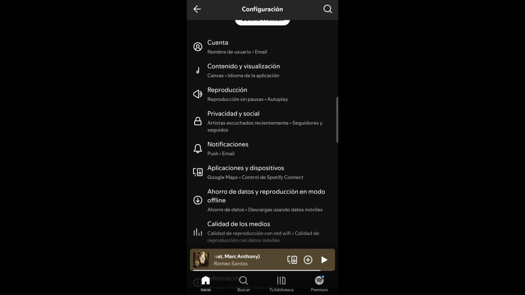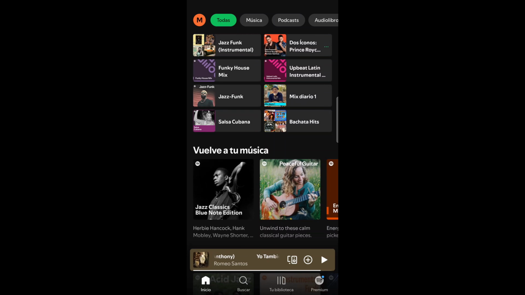So for instance, right here, let's get back to the home screen. Right here, I am listening to Romeo Santos, who is a great bachata artist, okay? And if you don't know about bachata, do your exploration, real romantic type music there.